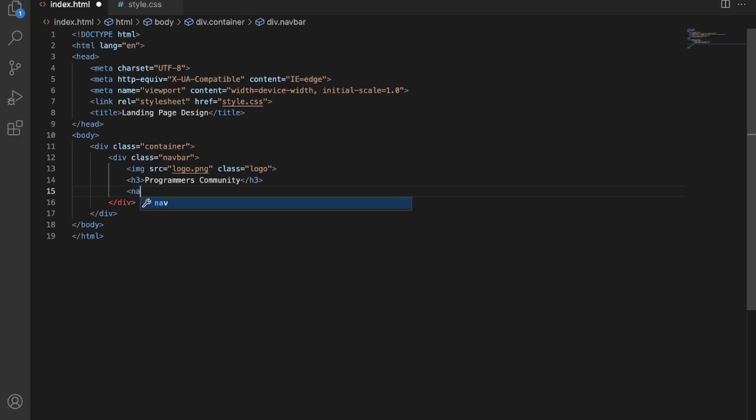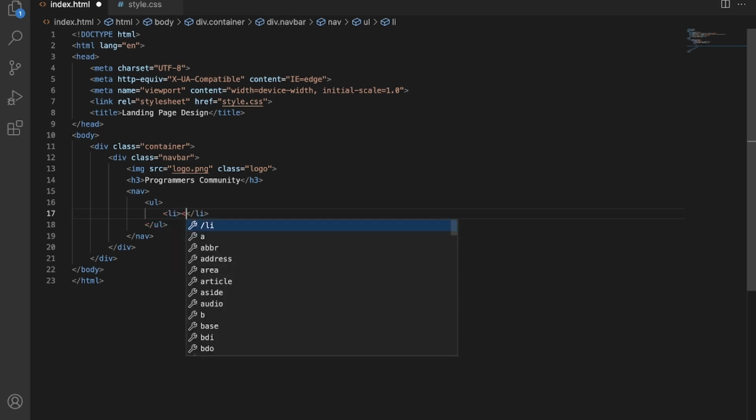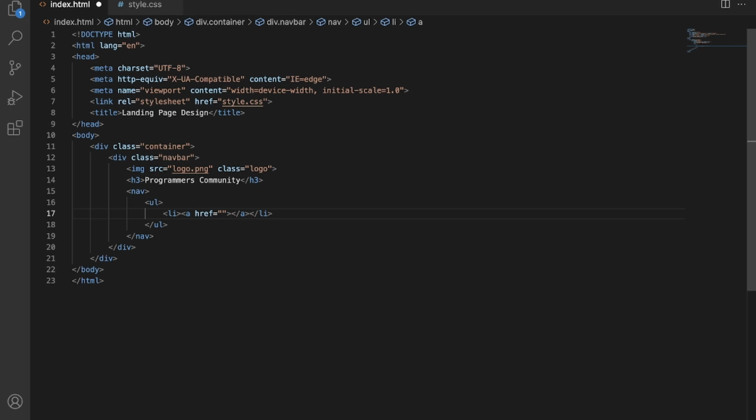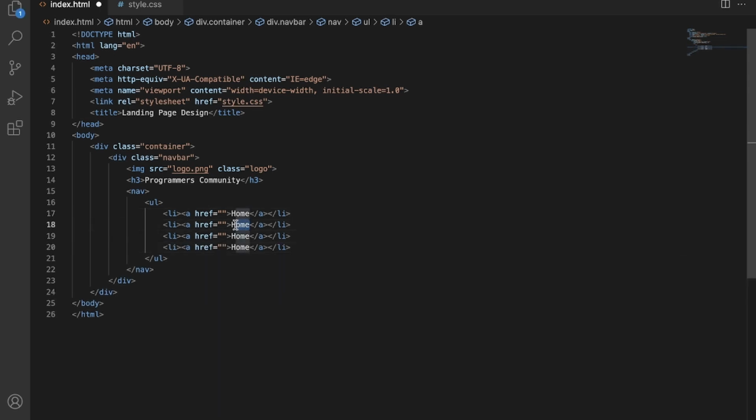For that I will write navigation, and here I will define an unordered list, and here I will write li, a href, and here I will write home. Now simply copy this and paste it. Now I will simply change the names here. So here I will write about, and here I will write community, and at the end contact us.